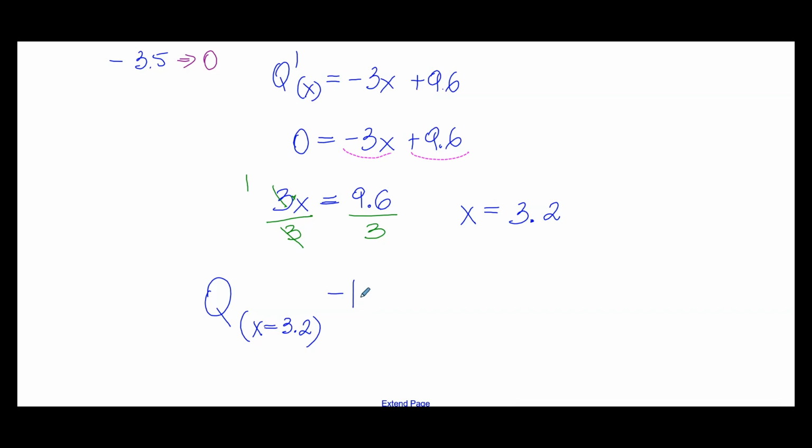So we're going to have minus 1.5 multiplied by 3.2 to the power of 2, plus 9.6 multiplied by the value of x, which is 3.2, and then minus 3.5. And we put that in the calculator, press equal, and we get